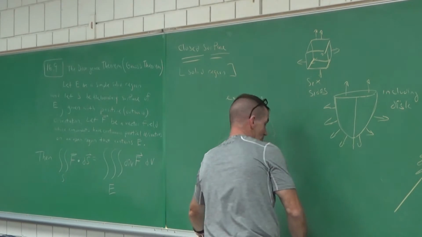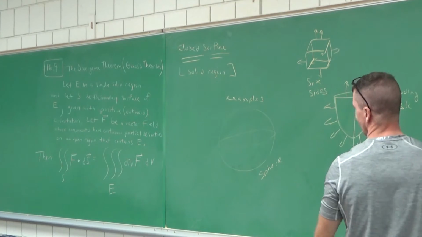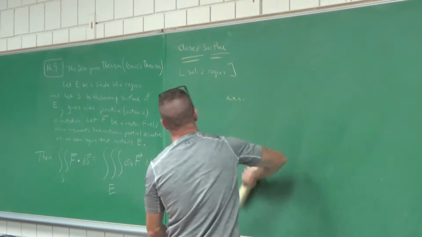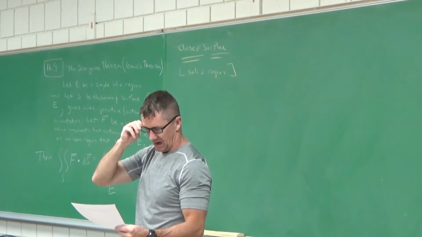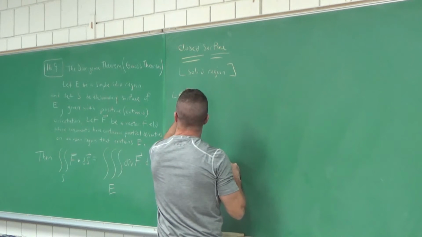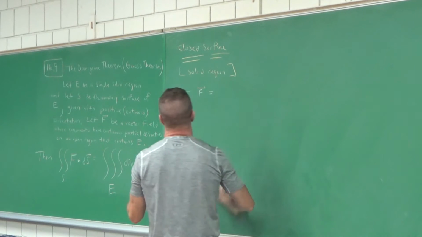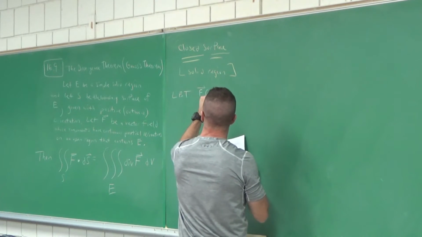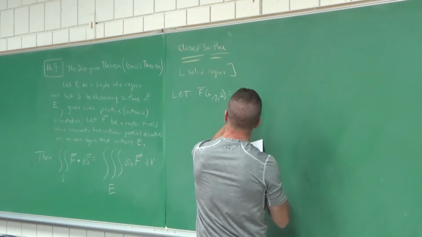So to begin, what we should do is we should start with a problem from yesterday. Then we'll jump right into Gauss's theorem. So I'm going to start with, this is a number 2 problem. And it says, all right, let F equal. Here's the vector field. The vector field is 3x, y, y, and 2z.